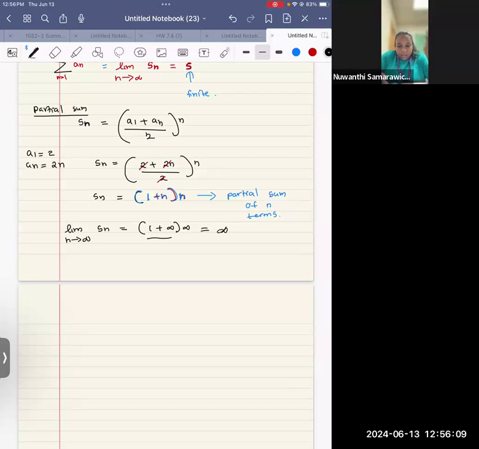So this whole thing goes to infinity, which means your partial sum is a very large number. If you get the partial sum as infinity, then we can say the series